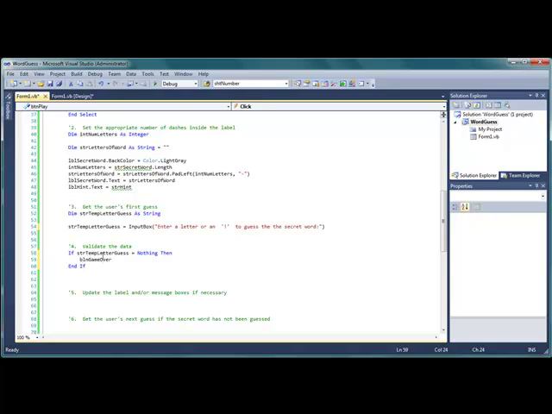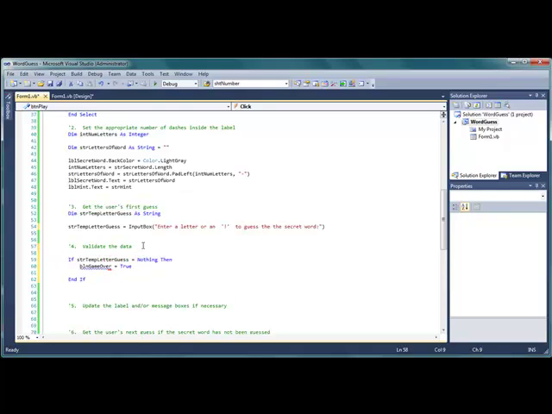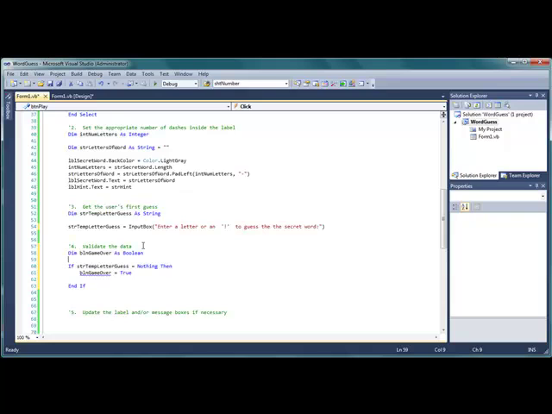I'm going to say the game's going to be over. However, I haven't declared a variable for that. Let's go ahead and declare that variable. Okay, so that works. Okay, now otherwise,